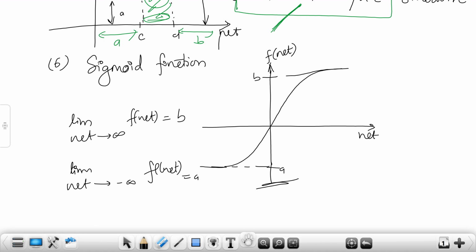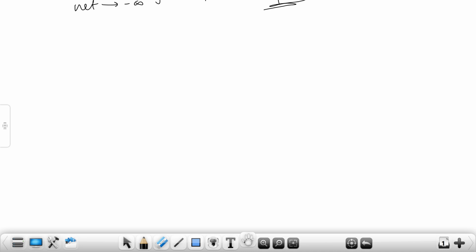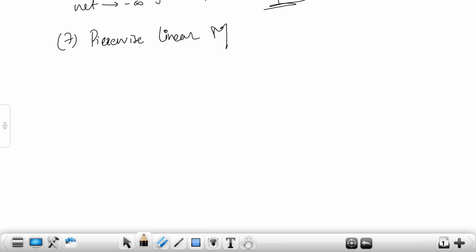Next one is piecewise linear. You must remember piecewise linear, not just in signals and systems, but also when you model a diode piecewise. In EDC, you must have learned about the piecewise linear model of a diode. Similar to that, we have a piecewise linear model over here. In this case, the linear function depends on the region of input space, and it's basically like a step or ramp function.